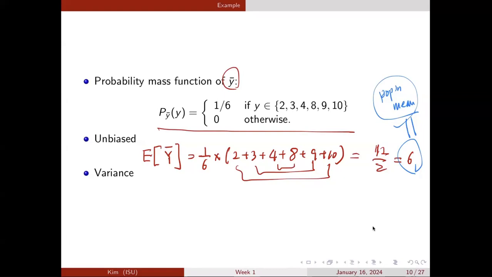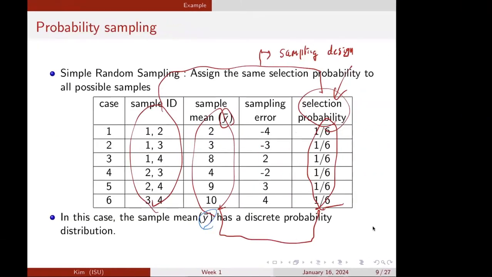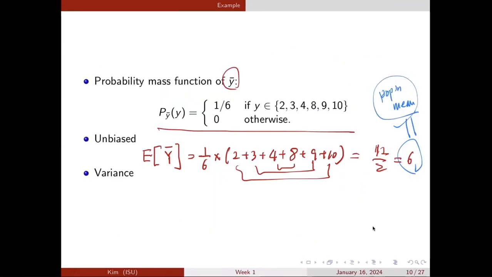The interesting part is this statistic has a known probability distribution. So this becomes a sampling distribution of y bar. So the sampling design